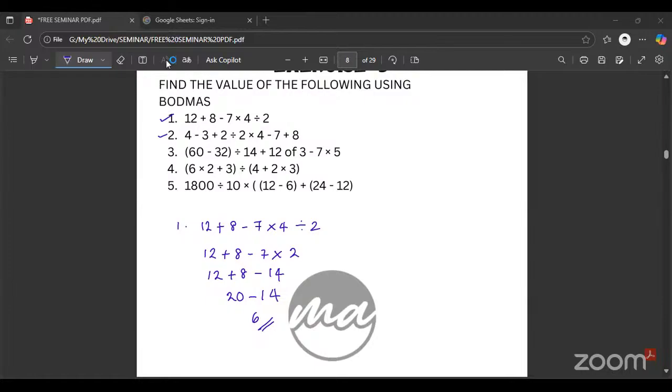Okay, so time is up. Let's look at the answers. Okay, this is exercise 3. Question number 2's answer is 6. Okay, let's look at